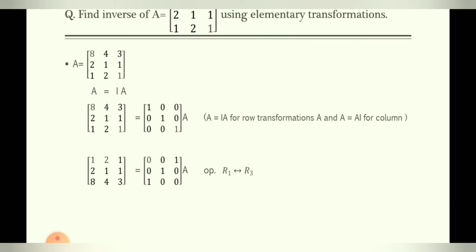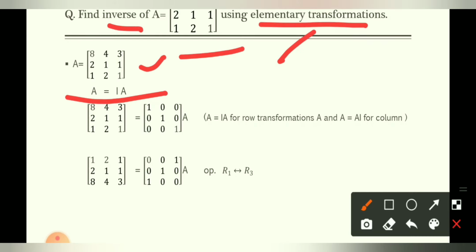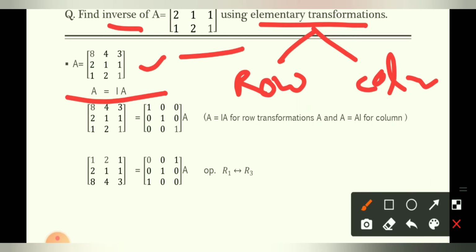The next and last method we have here is to find the inverse of A using elementary transformations. So now we have to find inverse of A. This is the question that many of you have done in +2. So you are given a matrix A, you write A is equal to I into A. So here one thing you have to clearly remember, that for finding inverse we have to use one type of elementary transformation for the whole question. Either you perform row operation or perform column operation, but not both. You have to choose one. You have to perform the whole question using one type of operation.